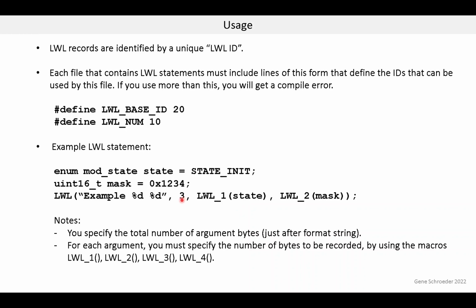This is the total number of argument bytes. It is just the sum of these, in this case 1 plus 2. I don't like this because it's redundant information, but I couldn't figure out a way to avoid it, given our requirements. Now, the formatting tool will ensure that this value is consistent with